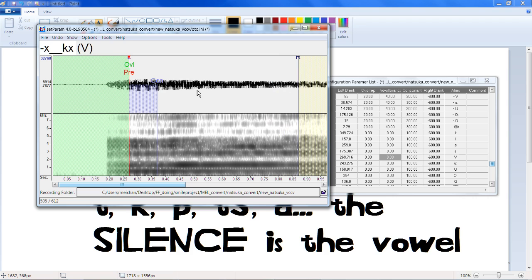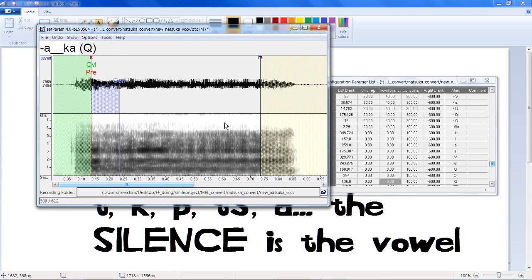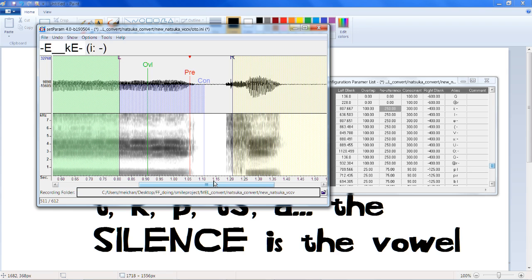But it's really rare there's an actual VV in English other than the diphthongs, because I was making a UST and it said curious, and it's like but there was a Y, and I was like, whoa. So it's not really important how you do these, but you can just go like that and see where it's nice, and people who use them will use them, but a lot of people will set the overlap and pre-utterance to be something so that you don't need to use the vowel utility to do that.